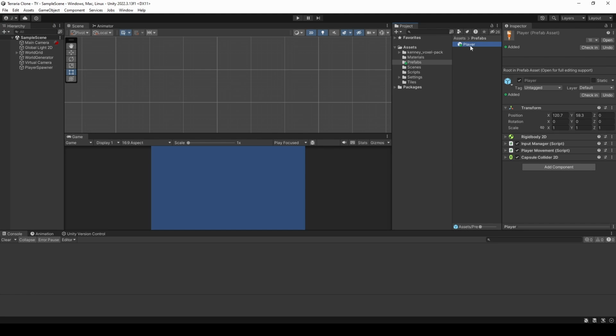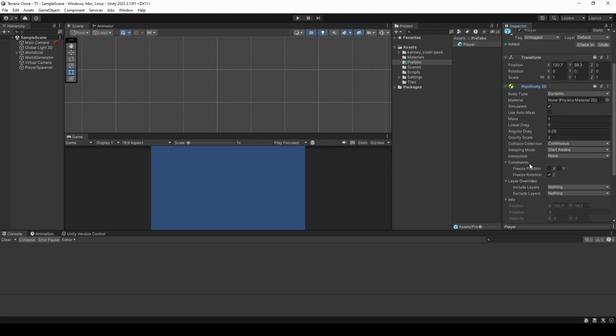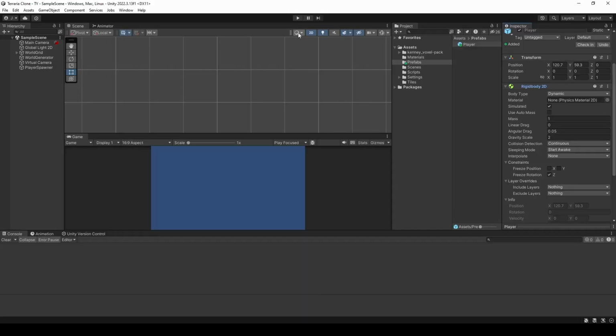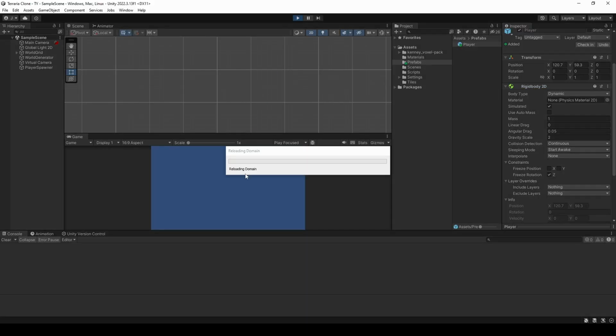And if you go back into our editor here and go to the player, and look at our rigid body for the constraints, you'll see that for the position we have X and Y, but the only rotation we have is on the Z axis since we're in 2D here. So we want them to be able to move on the X and Y, but not rotate on the Z, which is what this will set it back to. So this should work. So if we go ahead and click play,